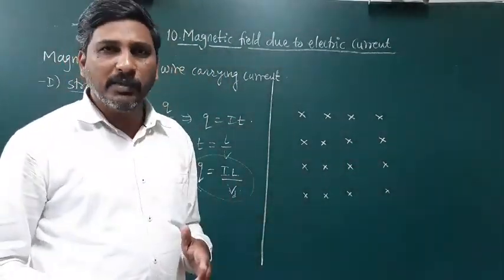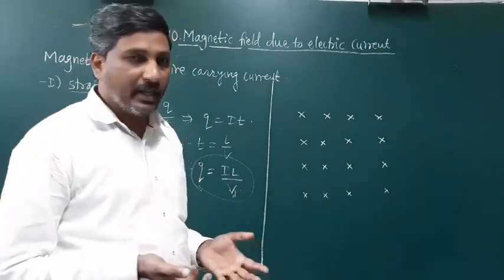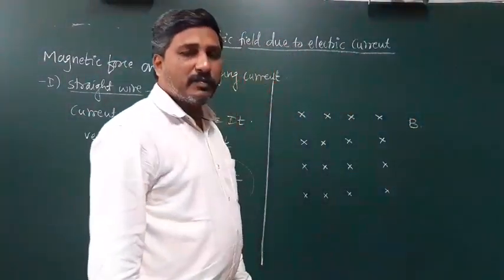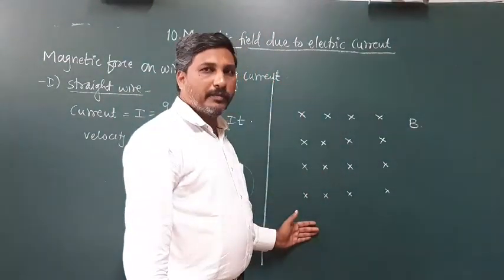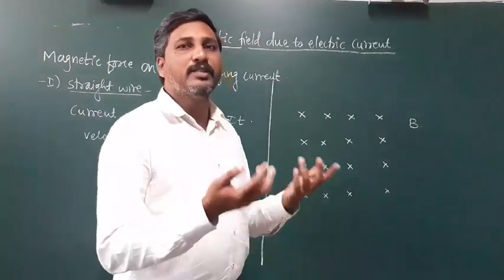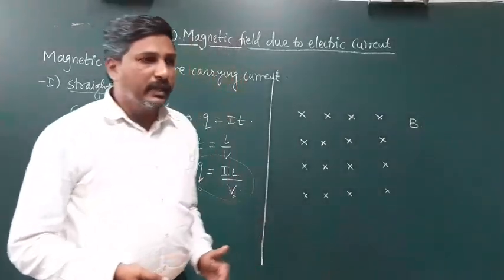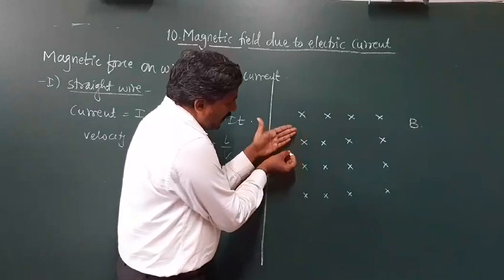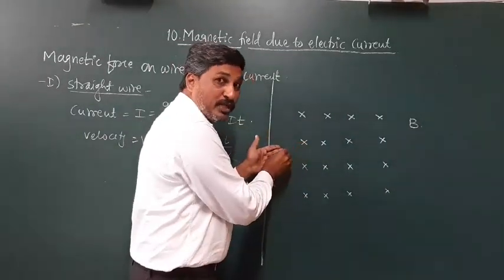Now one more thing, remember that the magnetic field is a vector type of quantity, meaning it has a direction and magnitude. Now the magnitude of that magnetic induction is B, and this magnetic field is perpendicular to the plane of this board. Now one more question arises. If it is perpendicular to the plane of the board, then the simple question is: is this magnetic field coming out of the board, or does the magnetic field enter the board? That is very important.